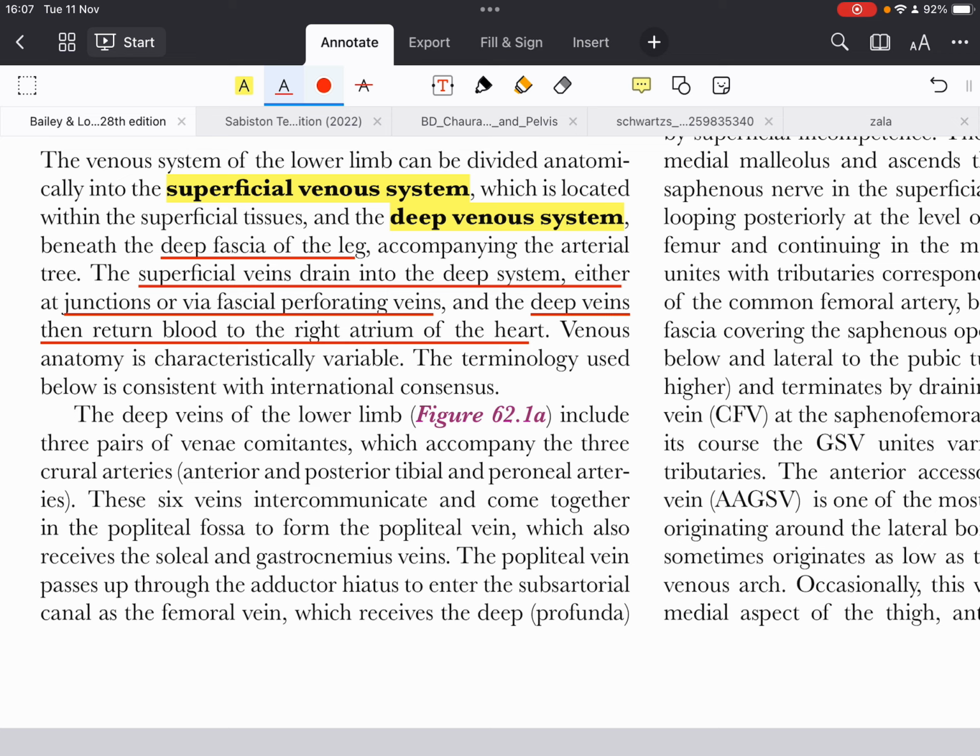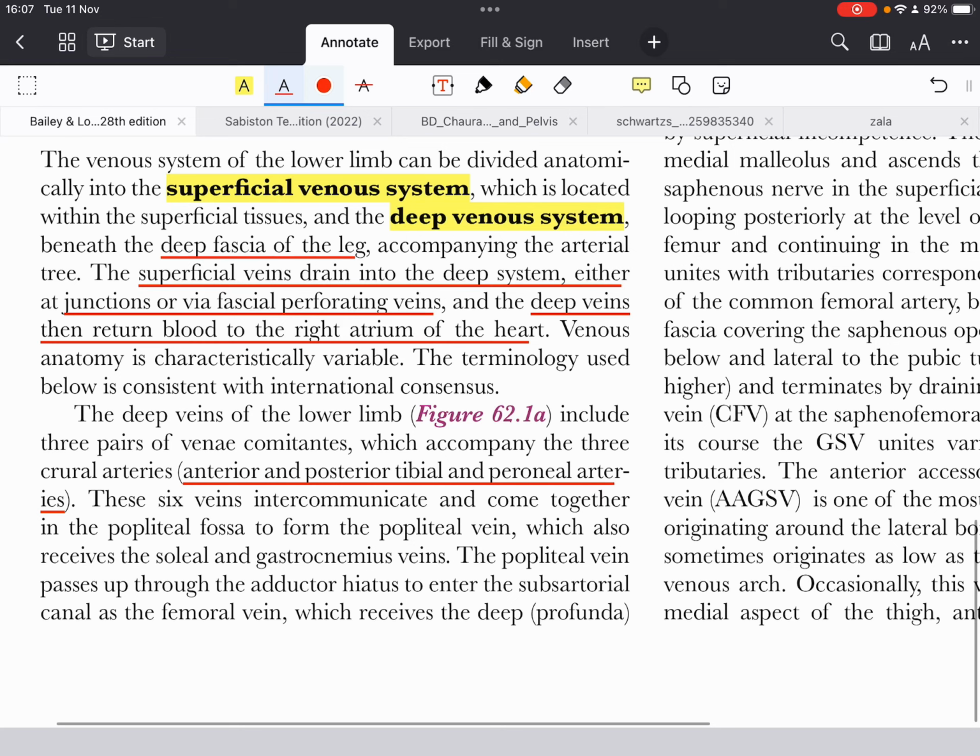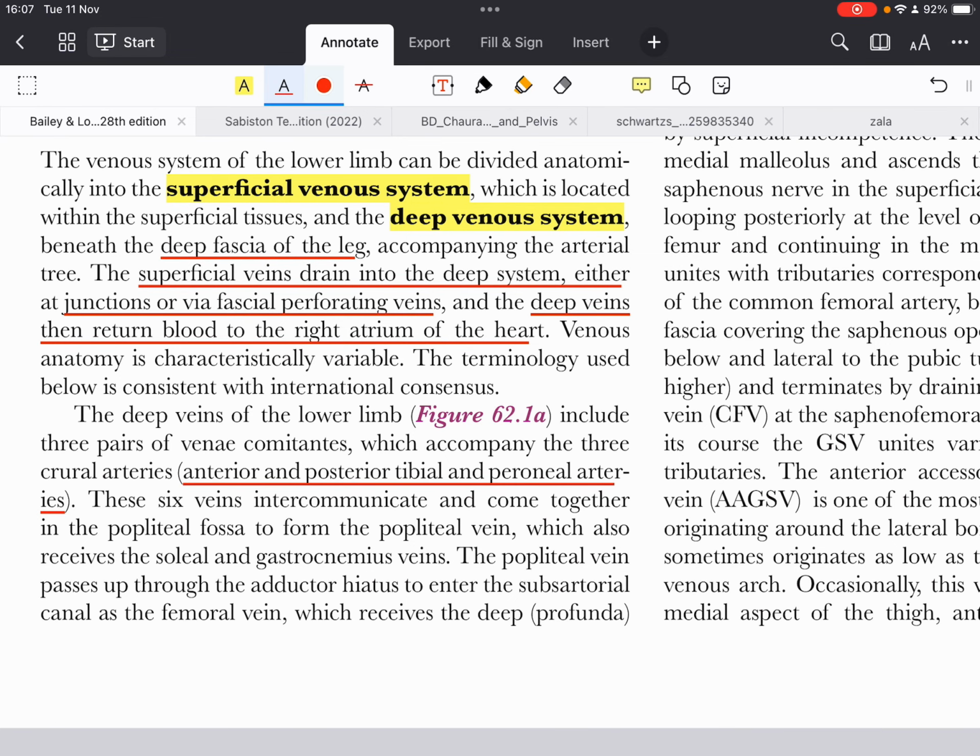The deep veins of the lower limb include three pairs of venae comitantes, which accompany the three crural arteries: the anterior and posterior tibial and peroneal arteries. These six veins intercommunicate and come together in the popliteal fossa to form the popliteal vein, which also receives the soleal and gastrocnemius veins. The popliteal vein passes up through the adductor hiatus to enter the